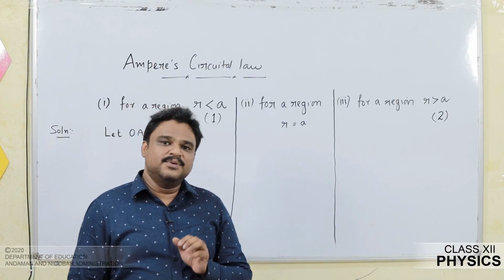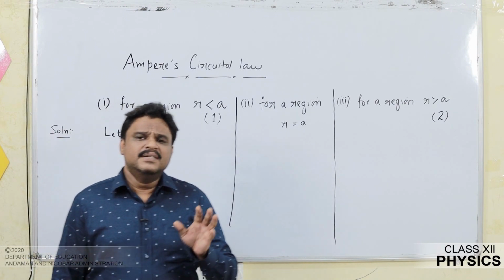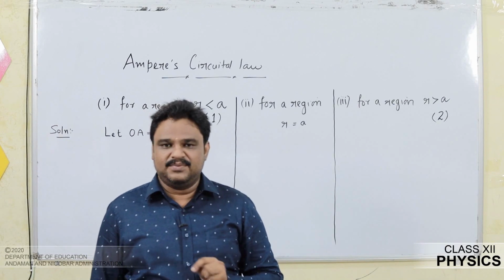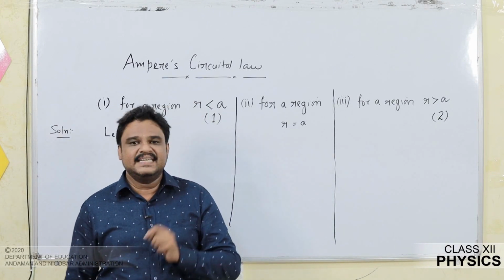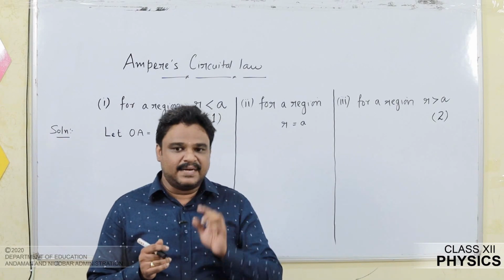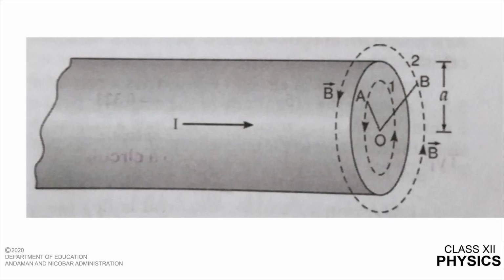So now we can get into the question. What is supposed to be the observation distance? I am going to mark it as r. In each case I am going to mark the observation distance as r. So in my first case you can see the diagram marked as 1. The distance OA I am going to take as r.